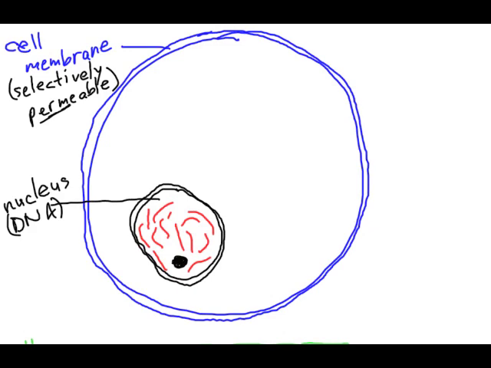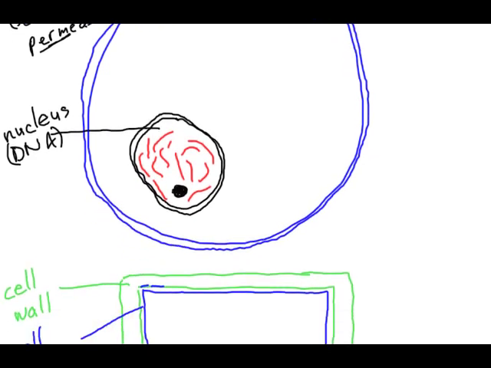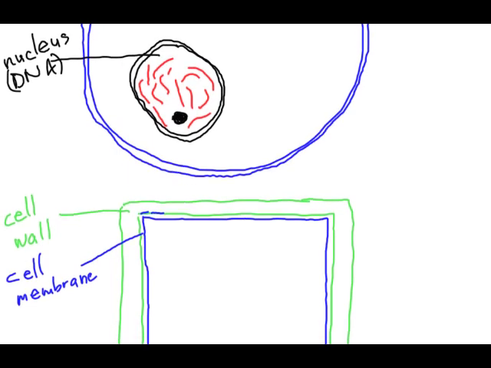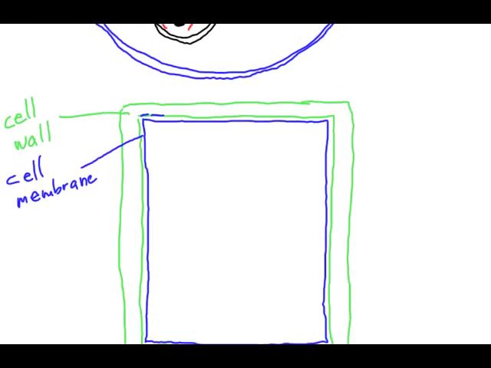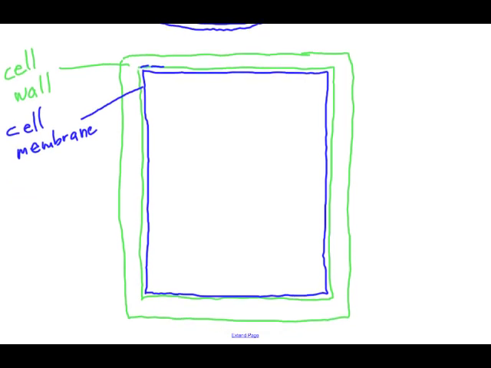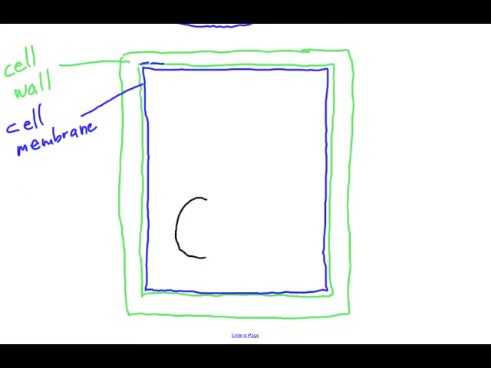Okay, so let's draw it now on our plant cell down here. Let's draw that control center, because both plant and animal cells have this control center, which is very important to the cell. And as we said, it's a double layer with the nucleolus, and it also has its chromatin, right? The granular material, which makes up pretty much DNA. And DNA stands for